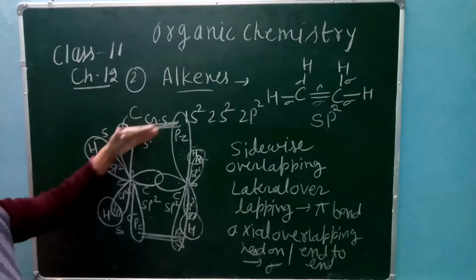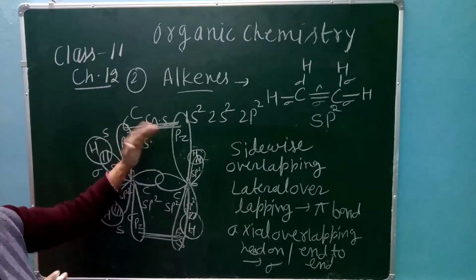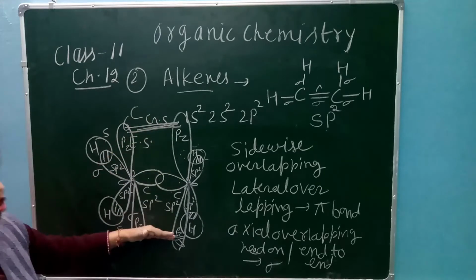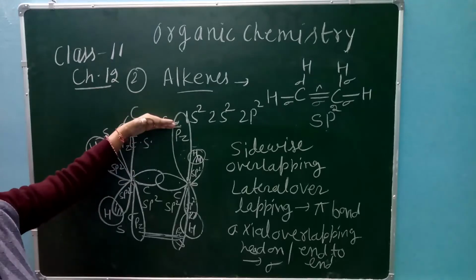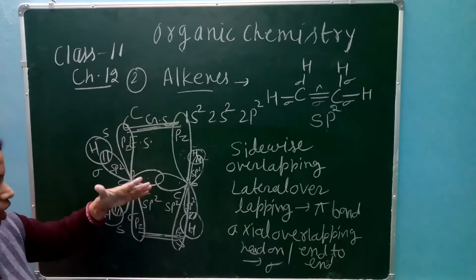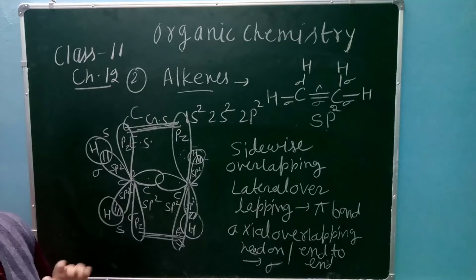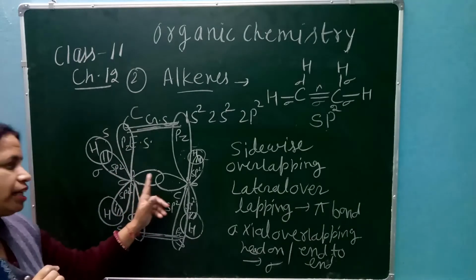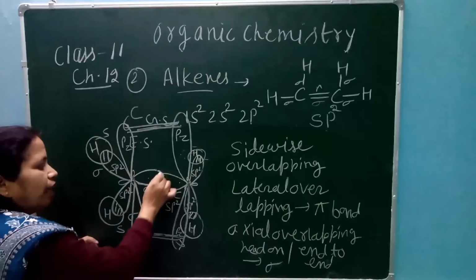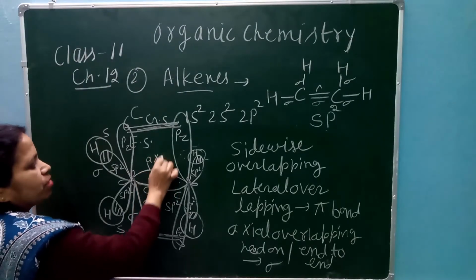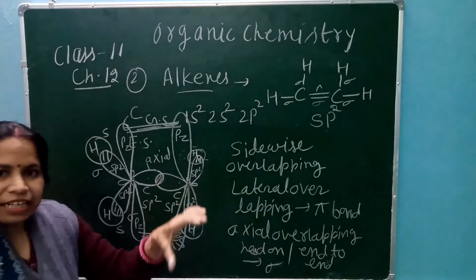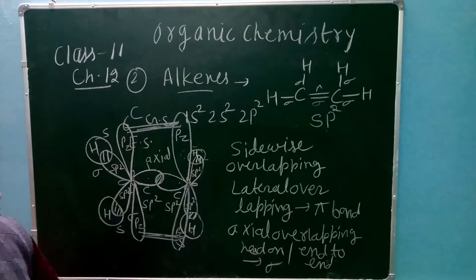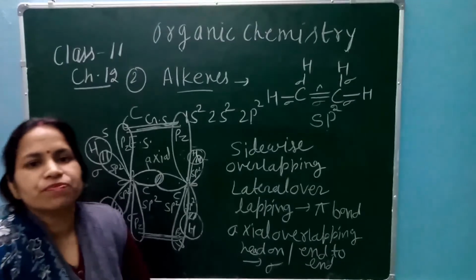You can see the pi electron density in the unhybridized orbital. In a pi bond the electron density is distributed: half the electron density is below the plane and half is above the plane. So the density is divided into two parts. But in axial overlapping, all the density collects at the center. So it is the strong bond. So clear why a sigma bond is strong and a pi bond is weak?